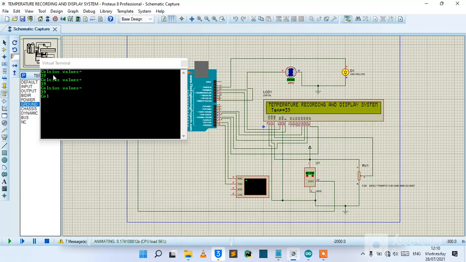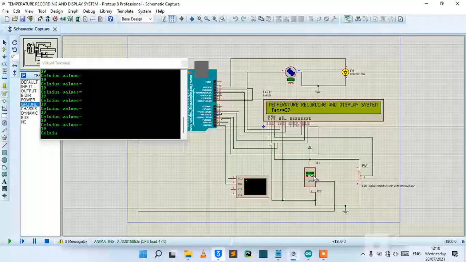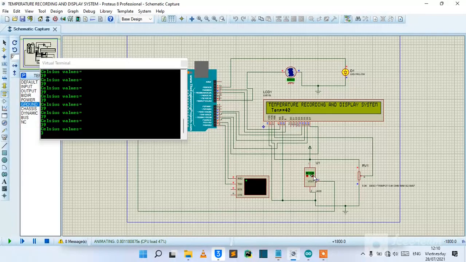Wait, yeah, you see our Celsius is equal to 39 in our terminal, and our temperature is displayed here, and the temp value is displayed here. Yeah, you see, if you vary it, our LM,